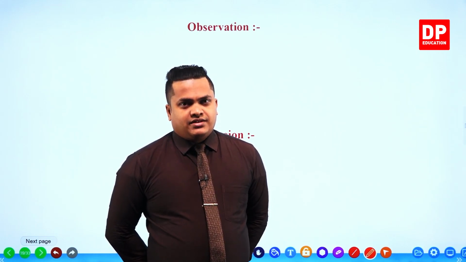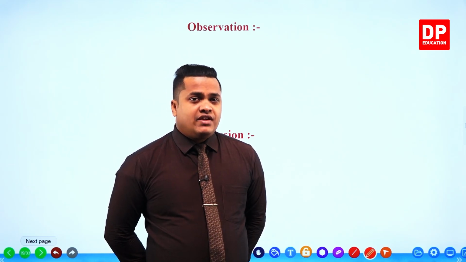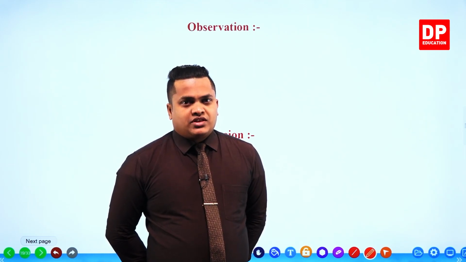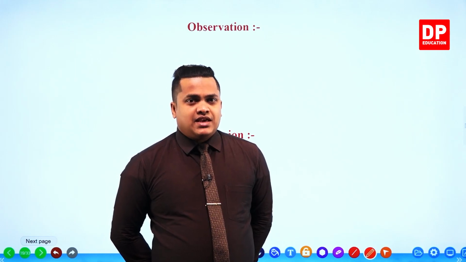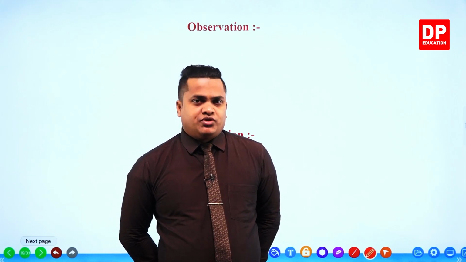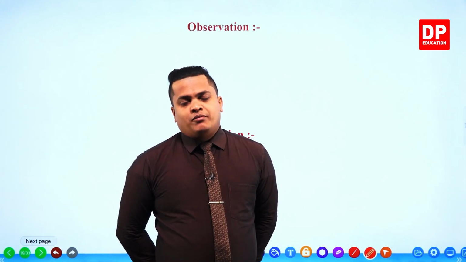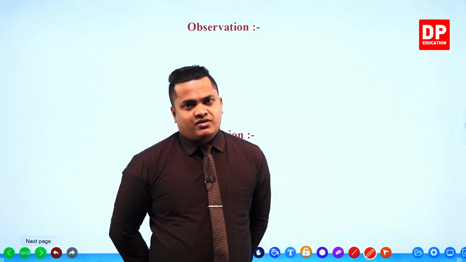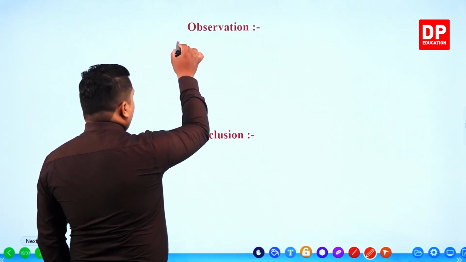And my dear children, the other thing is that the speed of the ball is not getting reduced, it is not falling into my hand, and it is not moving away from my hand. So the thread acts to keep the same rotational orbit. The thread helps to keep the same rotational orbit of the object. Okay, so our observation was very simple, my dear children. What was our observation? We can write: